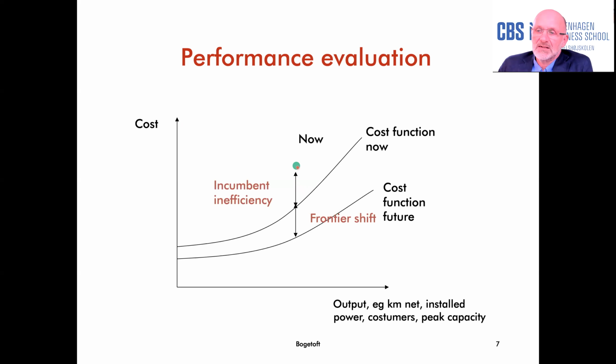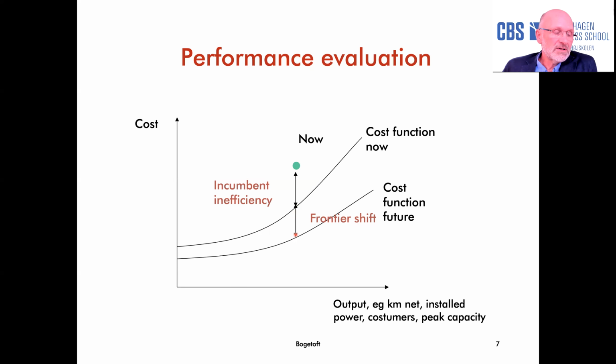So the regulator's task is to somehow reduce his allowed revenue so that his cost is pushed down to this line here. That's his first challenge, to get rid of this incumbent inefficiency. But there's another challenge, and that is to take into account that over time the frontier is going to shift. We're most likely going to see some technological progress, and therefore the cost of providing given services should ideally fall. So instead of being up here, we should over time maybe be able to move all the way down here. So the regulator also wants to make sure that this frontier shift is taken into account.